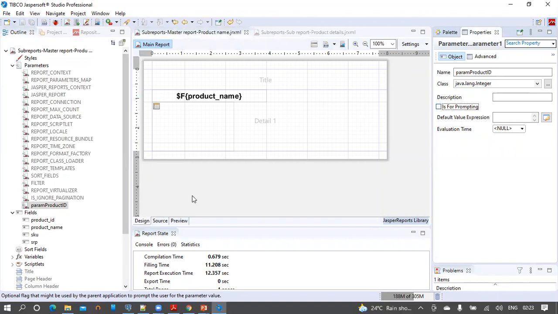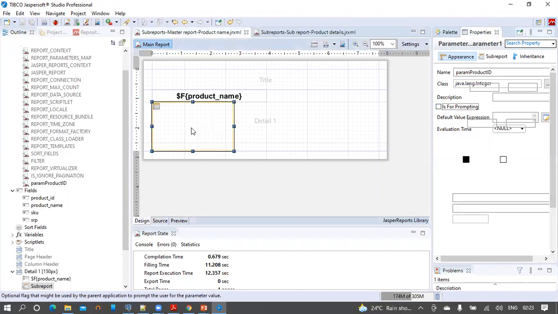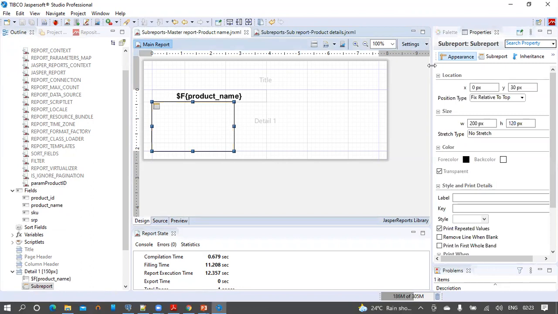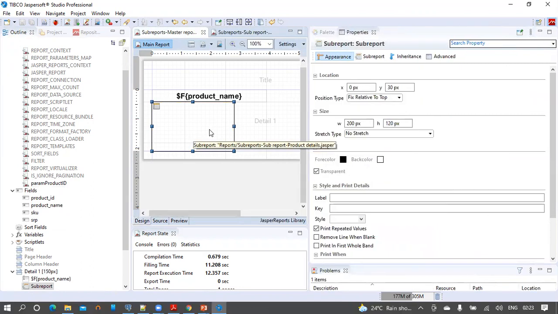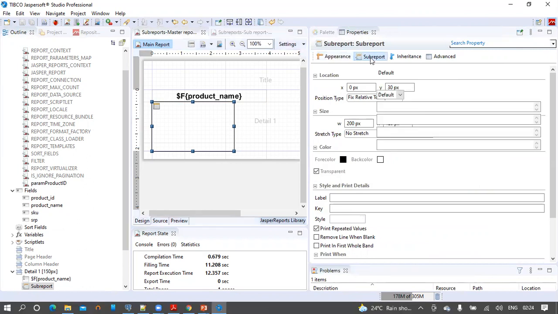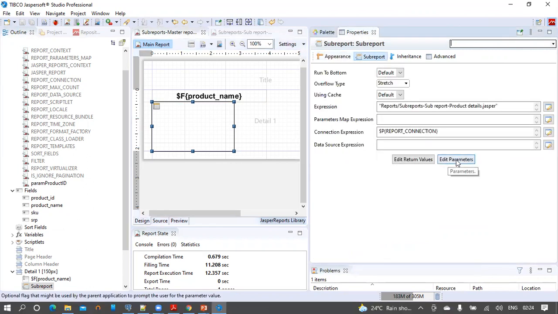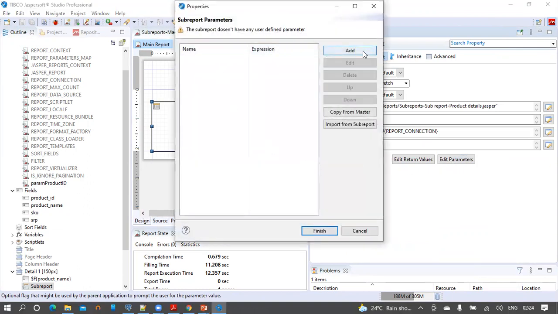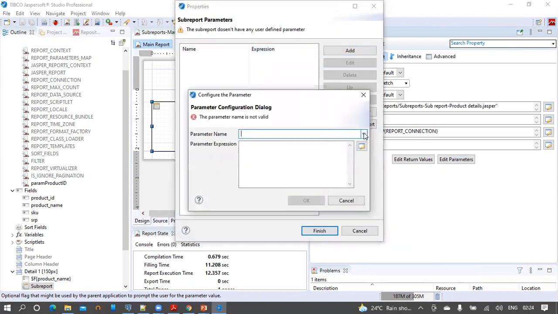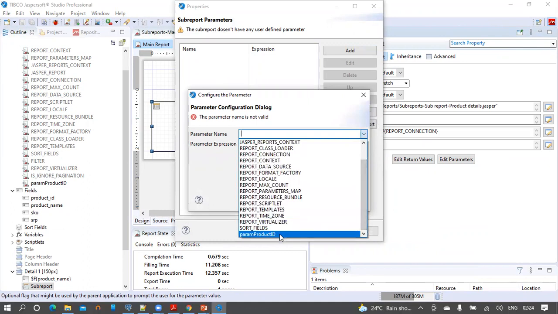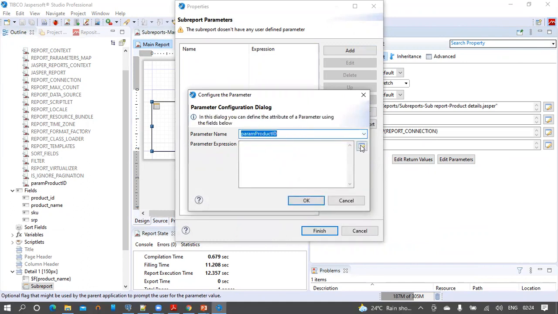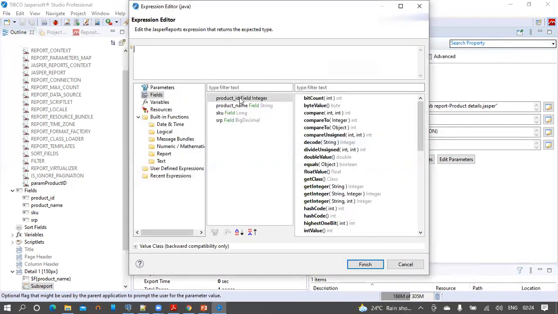So let's save this report and pass it on to the sub report. Select the sub report element, and in the properties, select the sub report and then click on edit parameter options. Add the parameter created, which is param product ID, and the parameter expression should be the field name here.